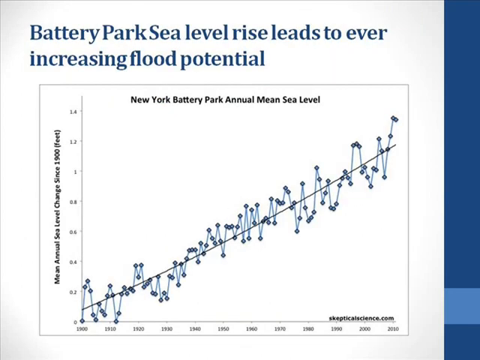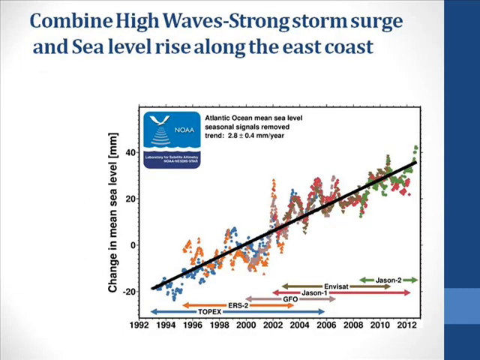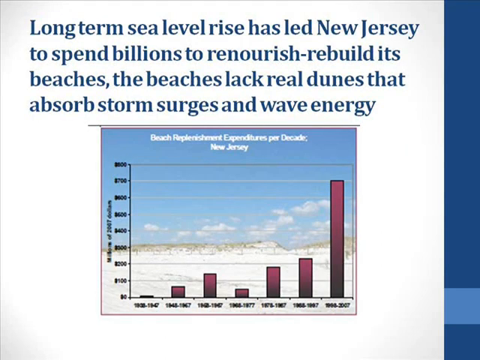At Battery Park, the sea level rise has been continuing, largely due to warming of the water and glacier melt. You can look at this more globally in the Atlantic Ocean. You see the same thing, sea level going up. This is going to make every storm surge from any future storm a year from now, a decade from now, worse. One of the responses has been that, well, New Jersey's shores have eroded, and so New Jersey has spent